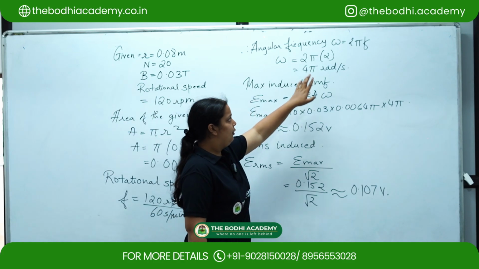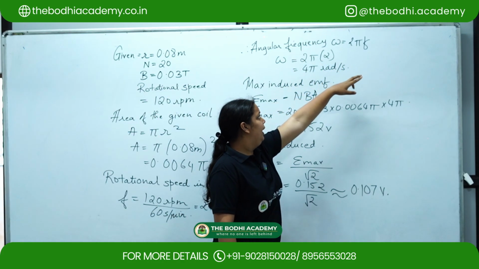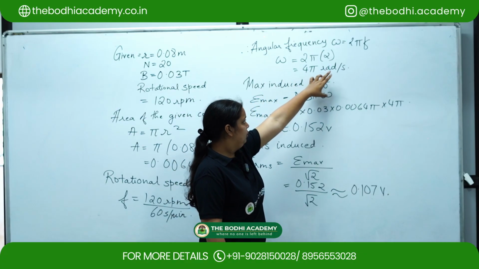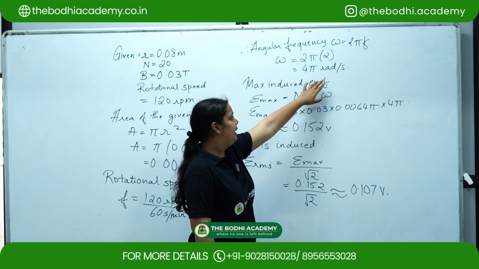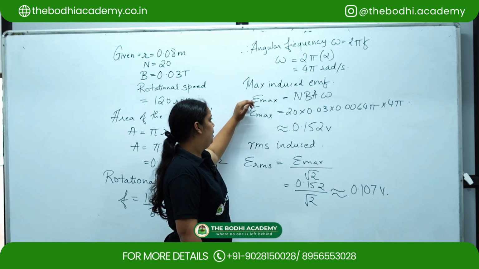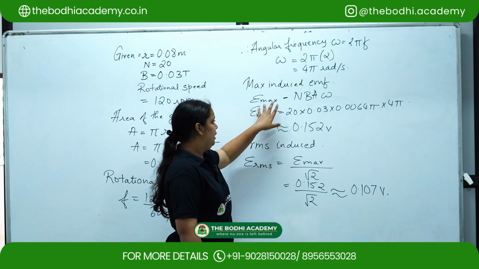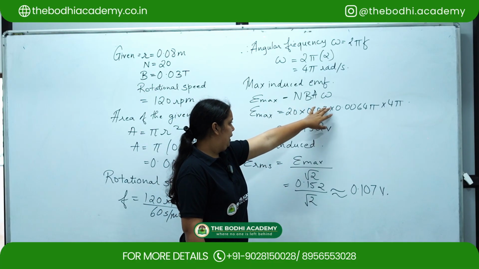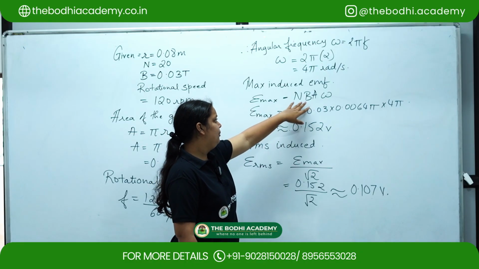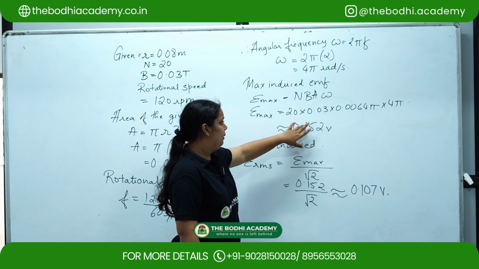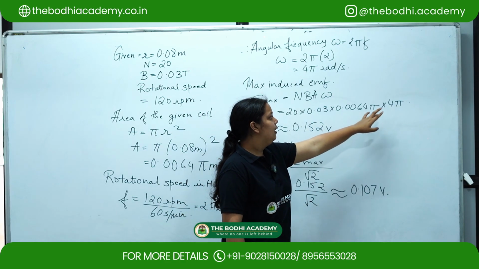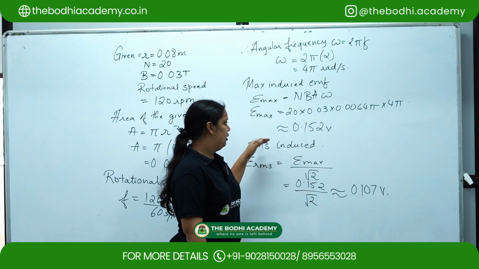The angular frequency omega is 2 pi f. So we'll get omega equal to 2 pi into 2, that will be 4 pi radians per second. The maximum induced EMF will be calculated using the formula Emax equals NBA omega. So Emax equals, substituting the values of N, B, A and omega, 20 multiplied by 0.03 multiplied by 0.0064 pi multiplied by 4 pi, we will get the value as around